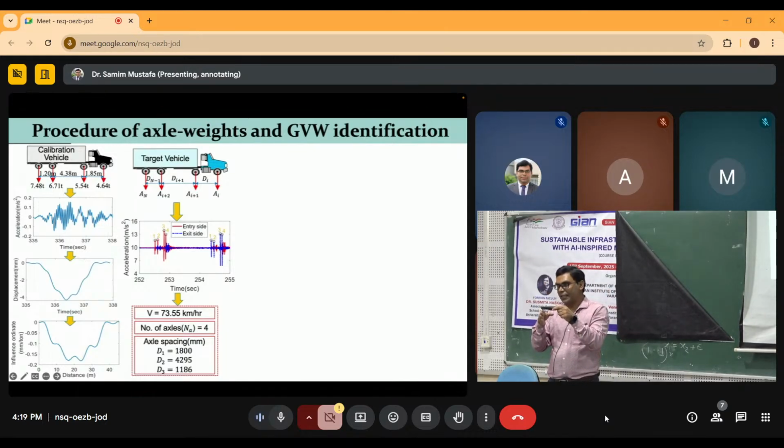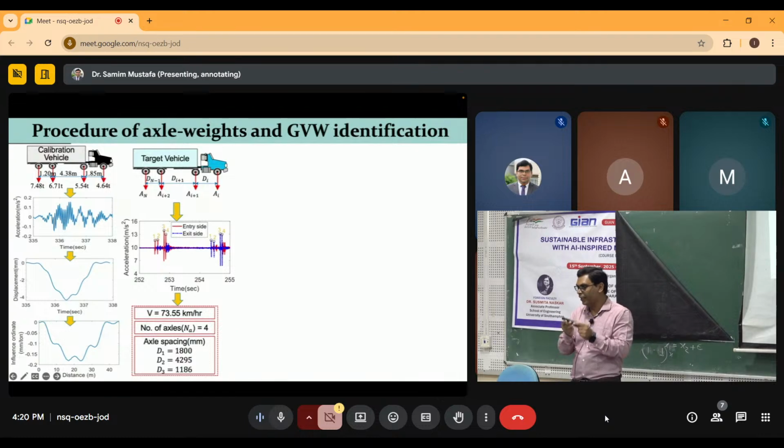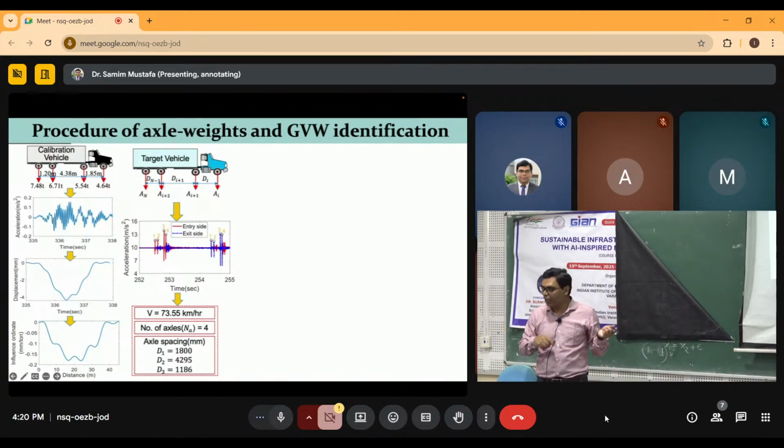After entry of the first axle, after a certain time the second axle enters, and then the third axle, you don't know when it is entering, or when the second axle is entering. So you need to identify the speed of the vehicle accurately. Also the number of axles, because you need to identify the axle weight of all the axles, and also you need to